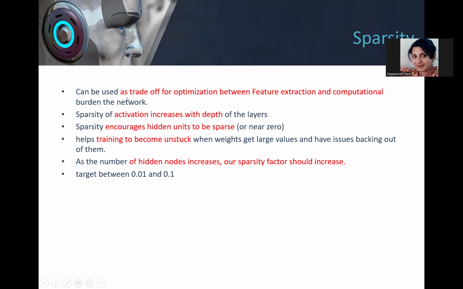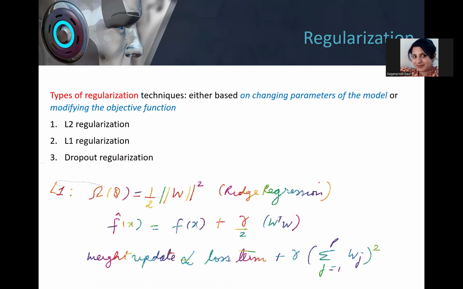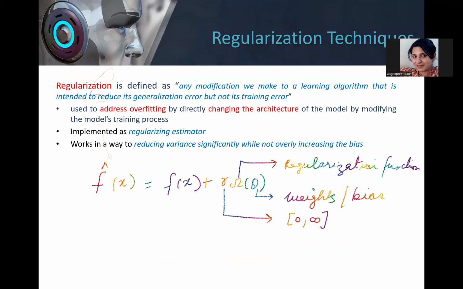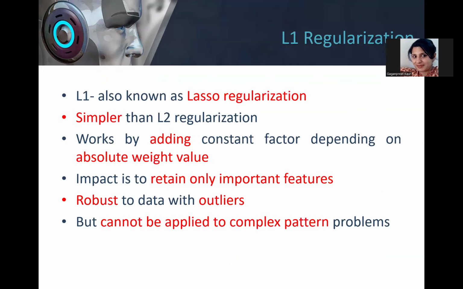So then we come to the last factor which is used in optimization. Now this is not a regularization technique. Rather, sparsity is affected by the use of different regularization techniques. I would just like to go to the previous slide so that you're not confused. Here we talked about the hyperparameter tuning. This fourth factor is sparsity. We have already discussed these three techniques, L1, L2 and dropout, for regularization. So sparsity is not a regularization technique. It is one of the hyperparameters which has to be tuned, and definitely it is affected by the regularization we are applying.